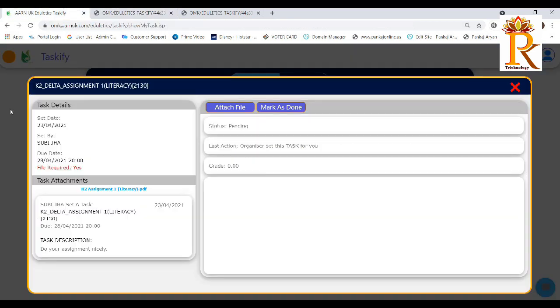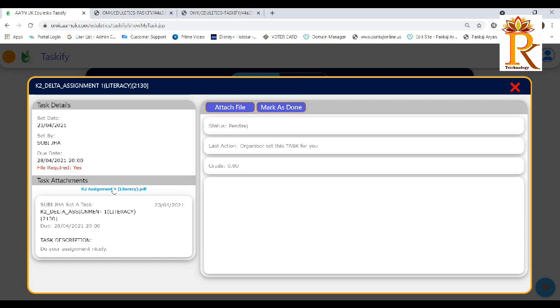downloaded. Suppose you are using Edulytics in your mobile phone, the same option will appear. You need to click on this attachment, then this attachment will be downloaded in your mobile phone. In few cases we heard that the file is not opening.